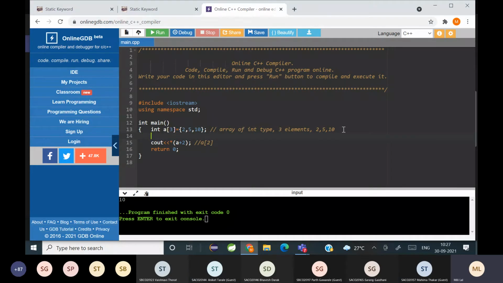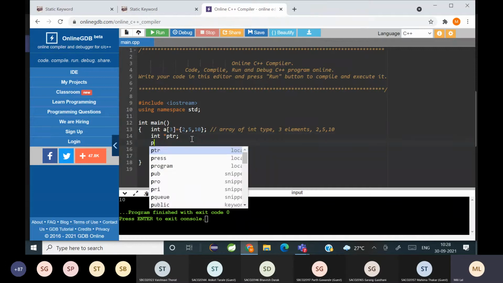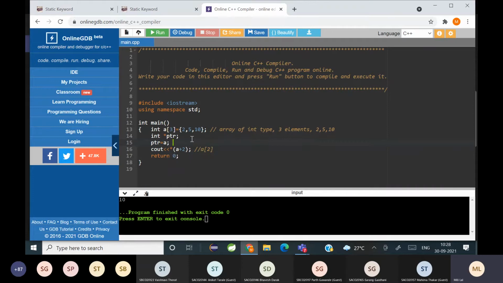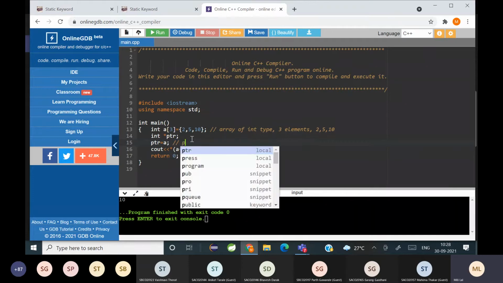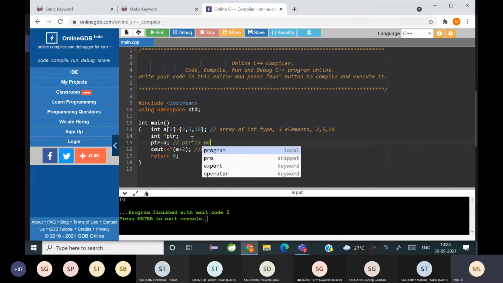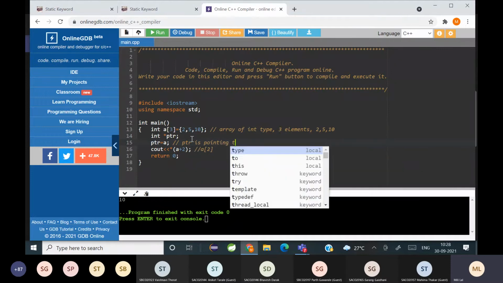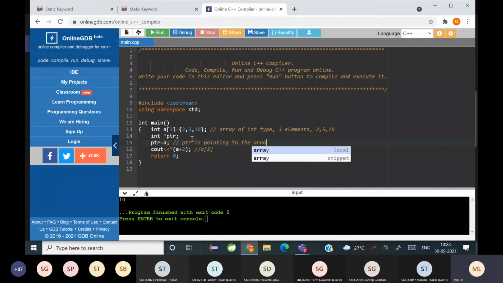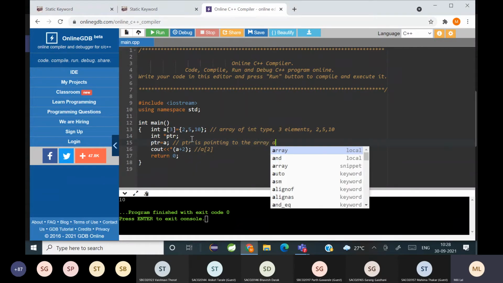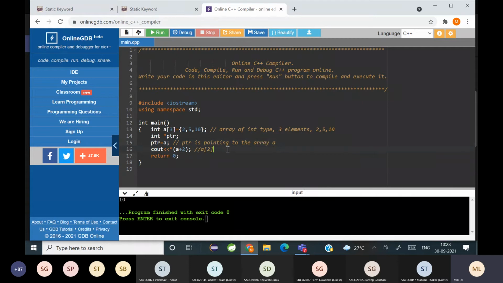Okay. Now, suppose I'm using a pointer variable. I'm writing int star ptr. And then I'm writing ptr is getting assigned to A. What does that mean? ptr is pointing to the array's first element.